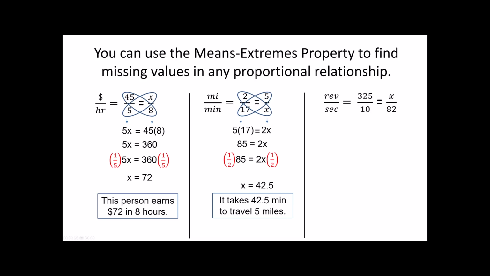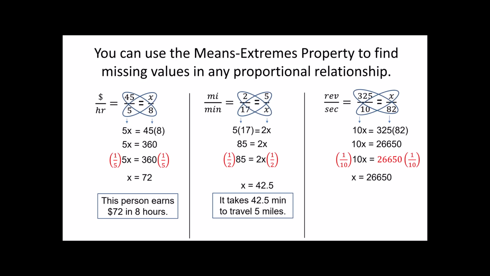Notice revolutions are always on top, seconds are always on bottom. If I cross multiply, one side is 10x, the other side is 325 times 82. The means extremes property says those should be equal. Just do a little multiplication there. To get rid of times 10, I'm going to multiply both sides by the reciprocal or the multiplicative inverse. Some of you may have chosen to divide by 10. Either way, when you do that, x should be